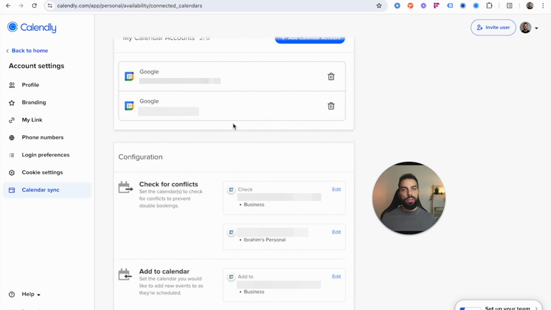So that way, if I set the availability between 9 a.m. and 6 p.m., it will make sure that no one books. If I've got, for example, I'm going to the gym from 2 to 3 p.m. and I've got that in my calendar, it will automatically block out that time for people to select from the event type, even though I've put in 9 a.m. to 6 p.m. availability. So it's very important to sync your calendar if you haven't already,